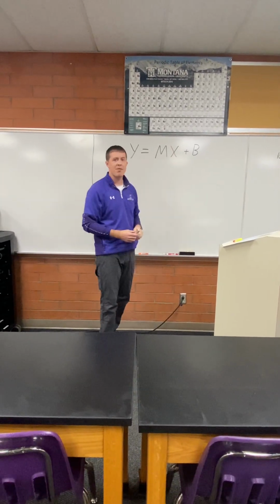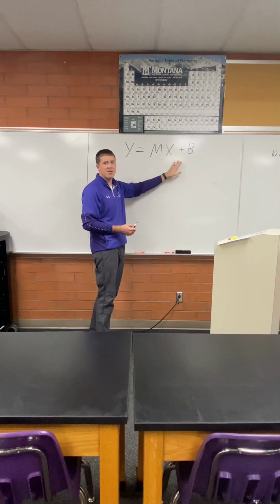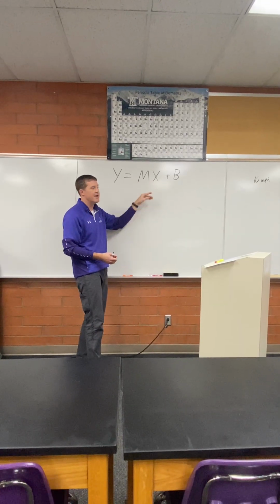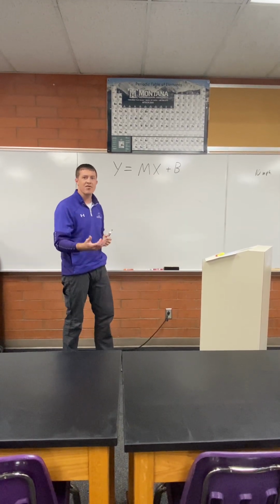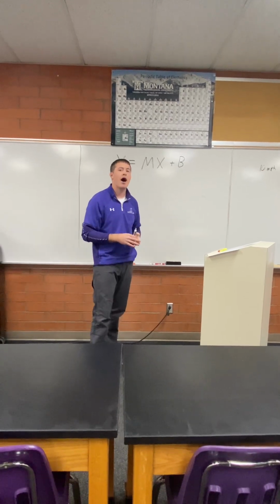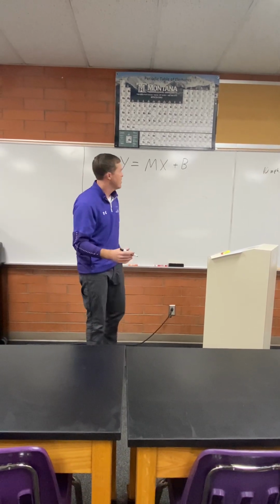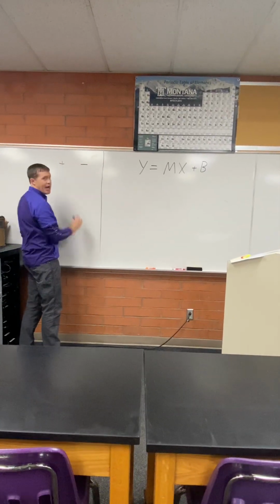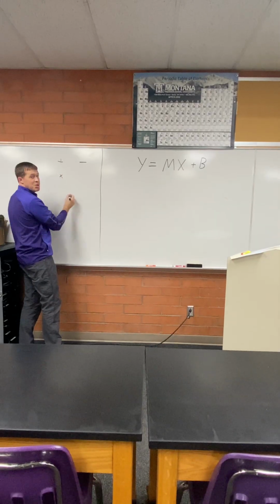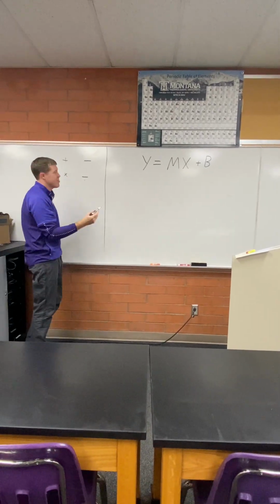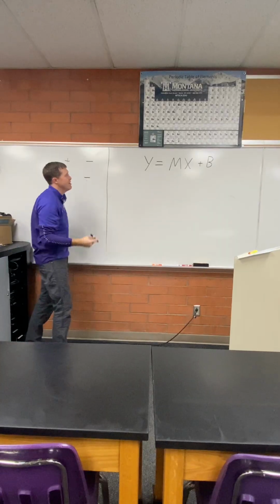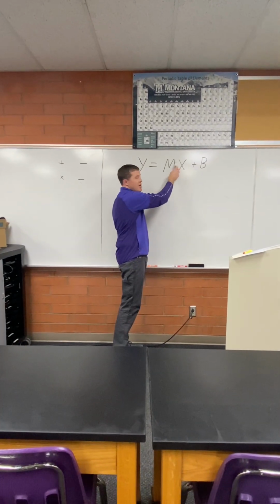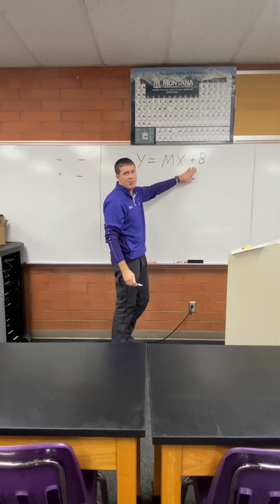The next step would be looking at the mathematical operations that exist between your variable and the other variables on that side of the equal sign. In order to cancel these variables out, you're going to use opposite mathematical operations. For instance, the opposite of addition would be subtraction. The opposite of multiplication would be division, and so on. Opposite of subtraction would be addition. So in this example, we have multiplication between m and x, and we have addition between x and